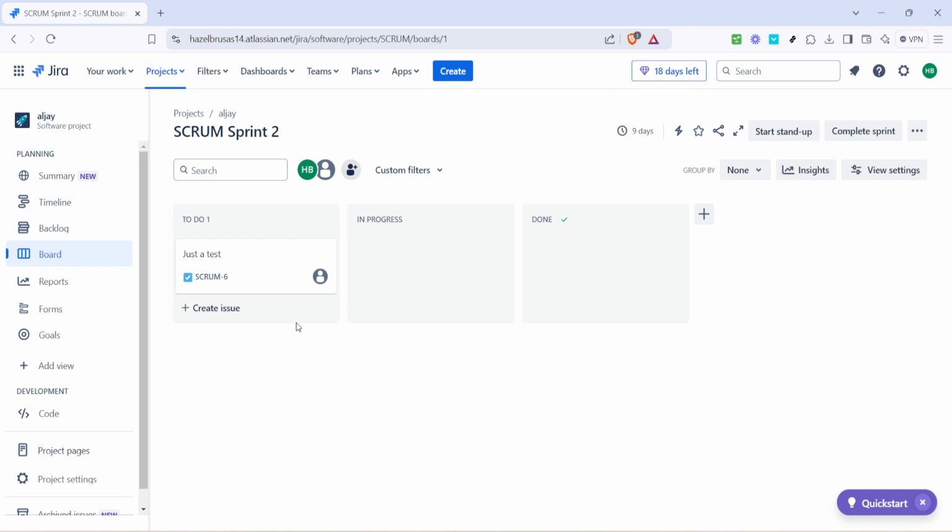Remember that as you spend more time with this tool, you'll likely find your own workflows and shortcuts that enhance efficiency. Jira is meant to be a flexible tool that adapts to your work style, so don't hesitate to explore and experiment within the platform.